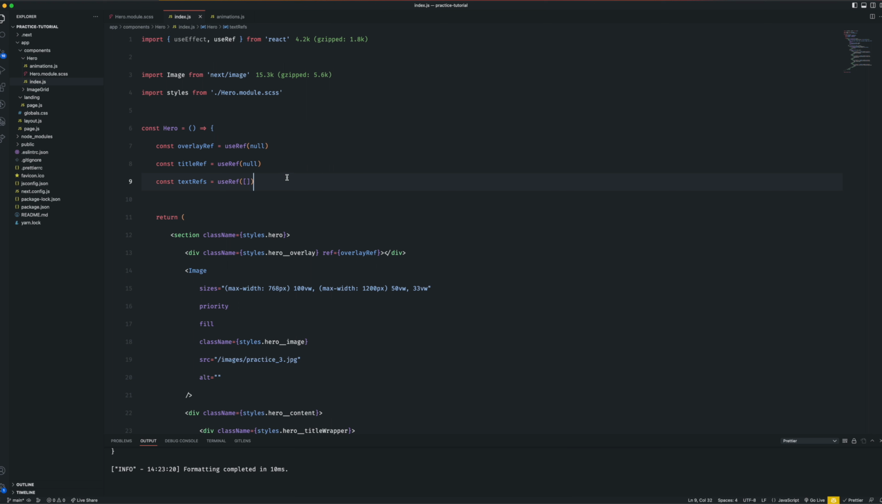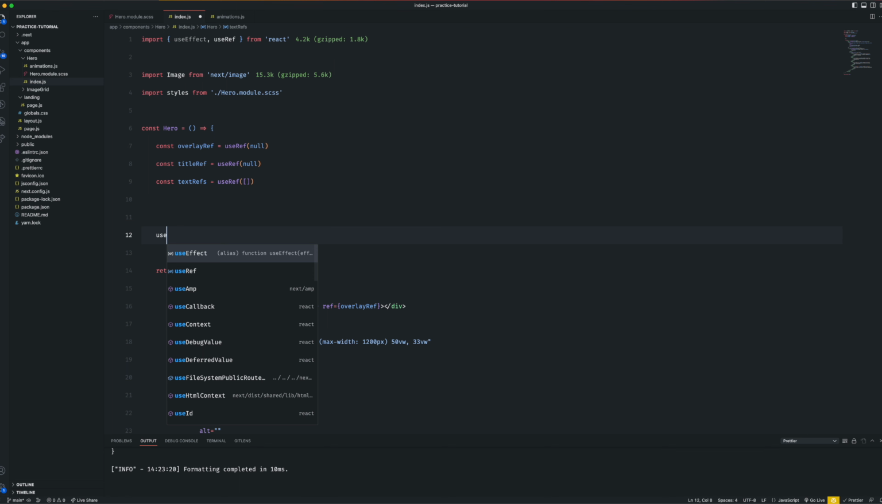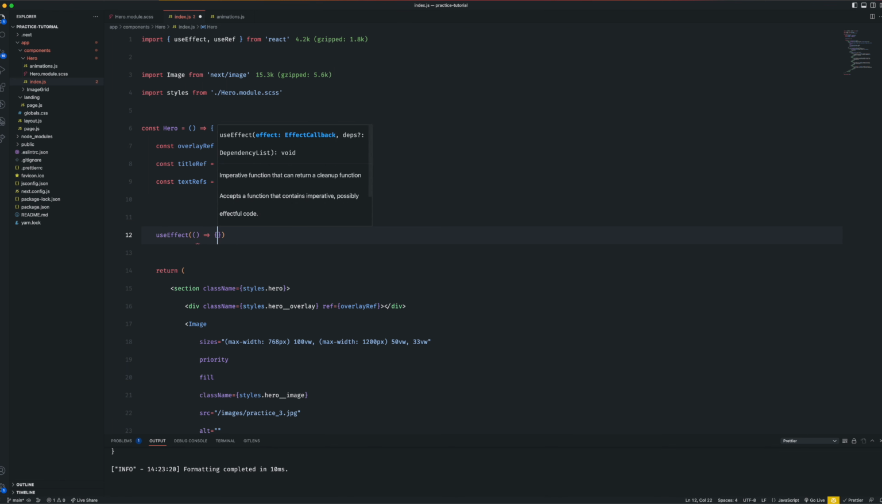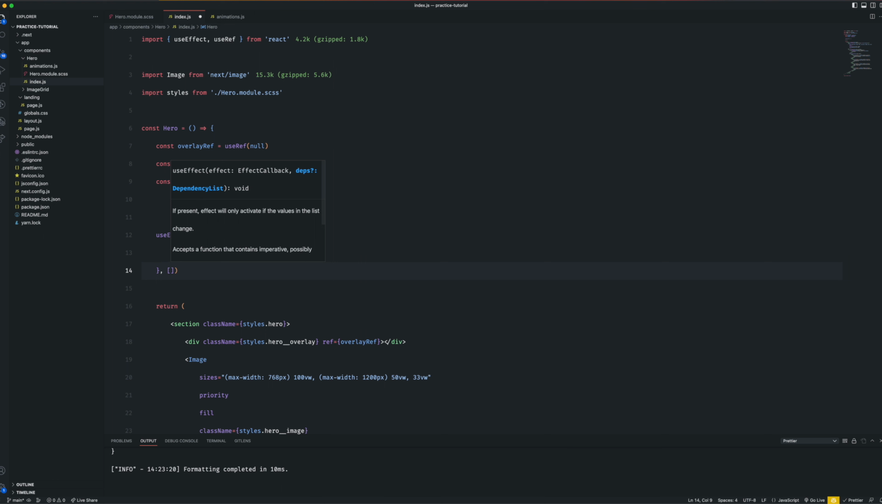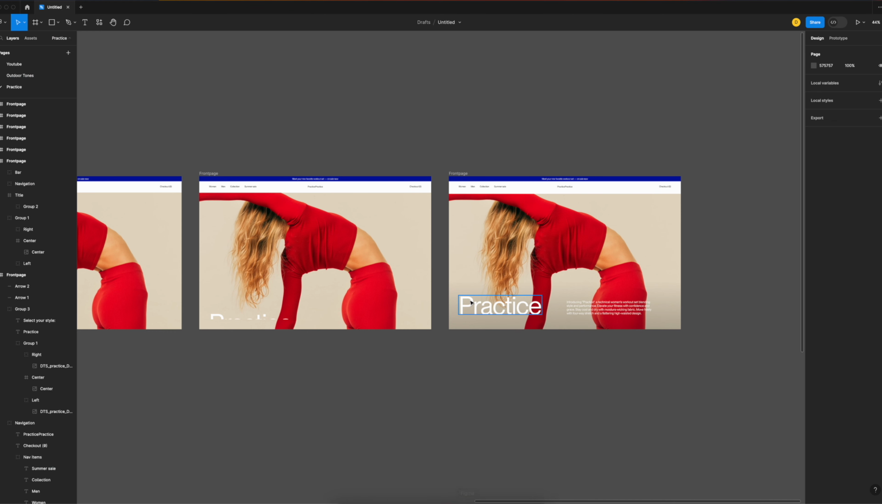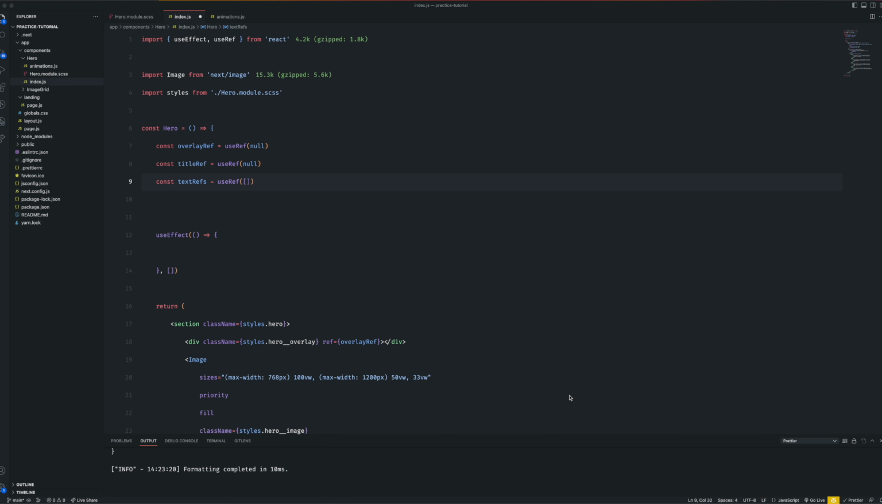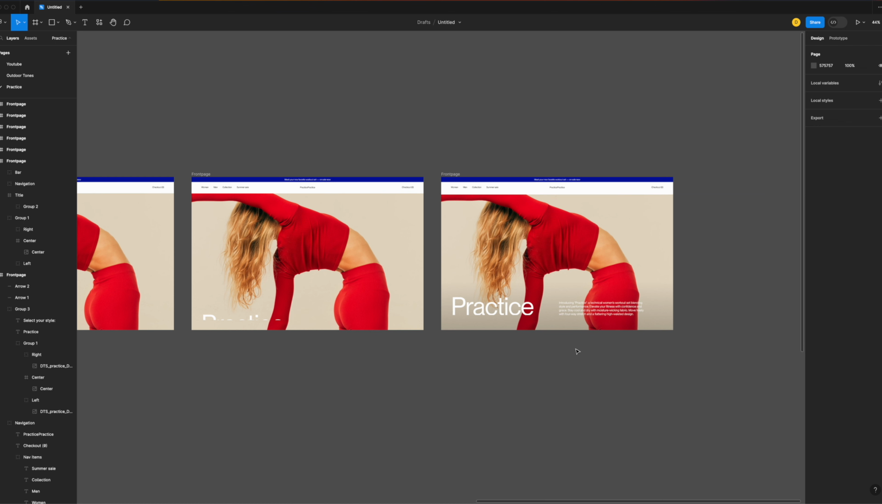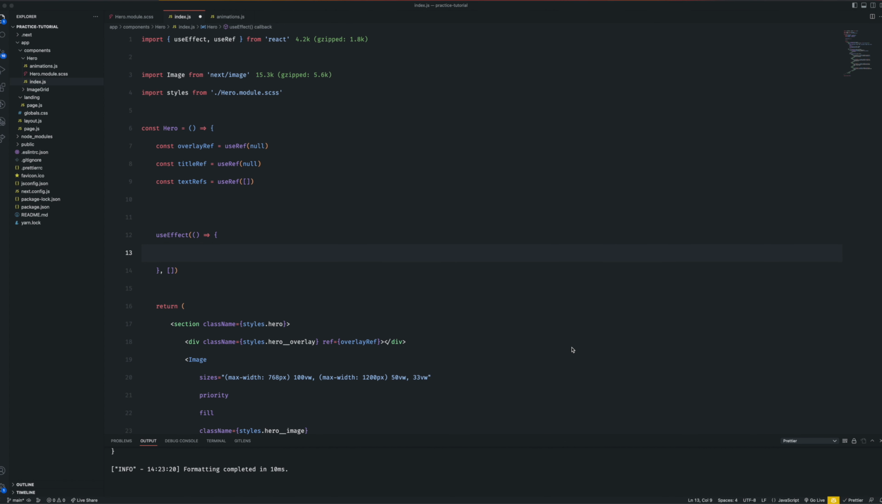Okay, and then we are gonna start animating. So let's set up the useEffect first, maybe. And that's gonna have an empty dependency array. And in here, what we want to do is reveal the title, reveal the text, and fade in the overlay. And because we don't need a timeline for this, like we want all of them to happen at the same time, we can just set up some